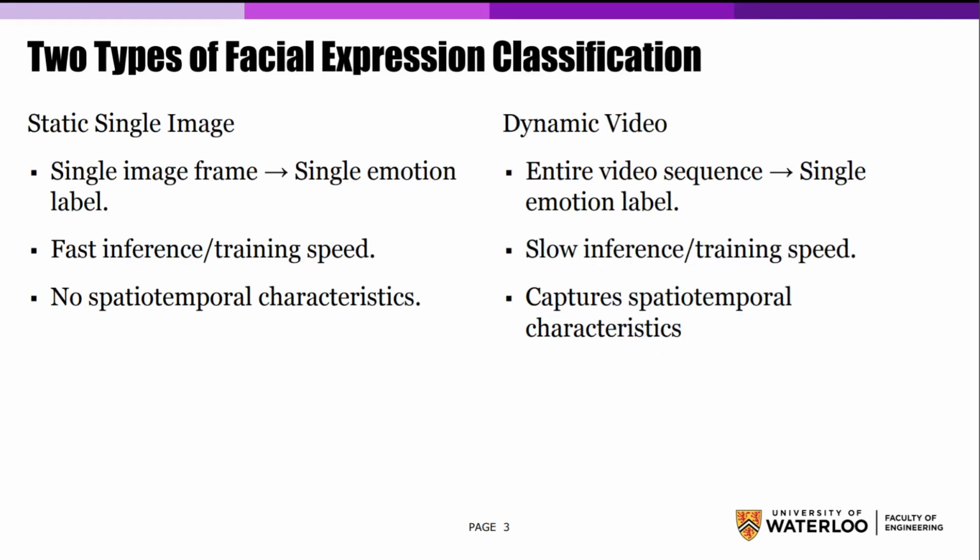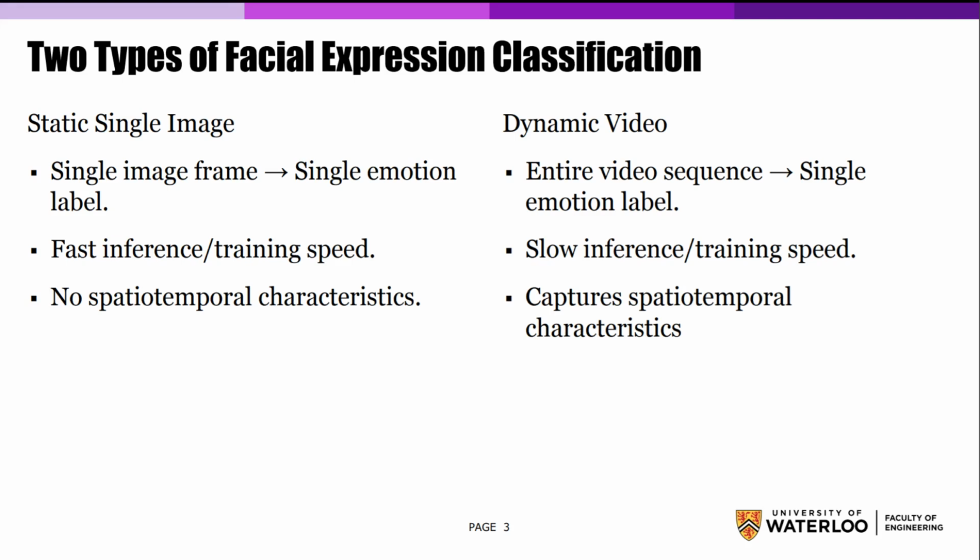To tackle this problem, first, knowing the two main types of facial expression classification is important. In the single static image case, a single label is assigned to each individual image frame. This type of classification often has a fast training and inference speed, but lacks the inclusion of spatial temporal characteristics. However, in the dynamic video case, a single label is assigned to an entire video sequence. This type of classification is able to capture important spatial temporal information, but often suffers from a much slower training